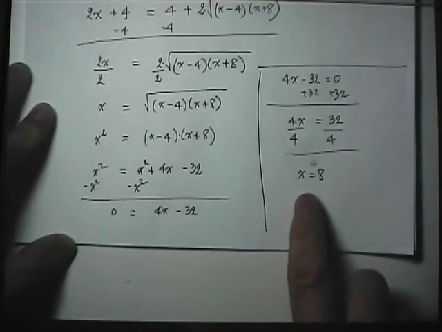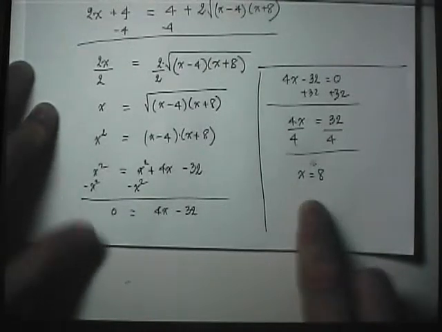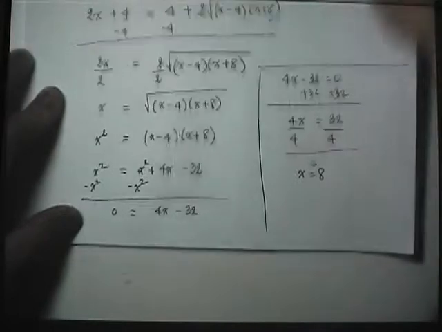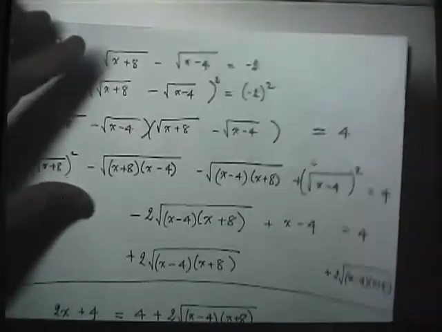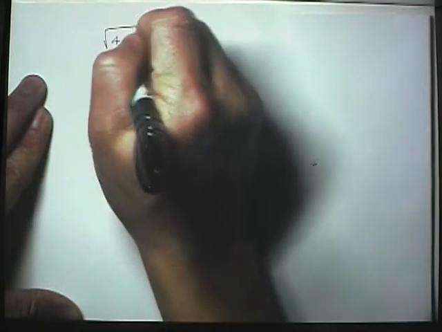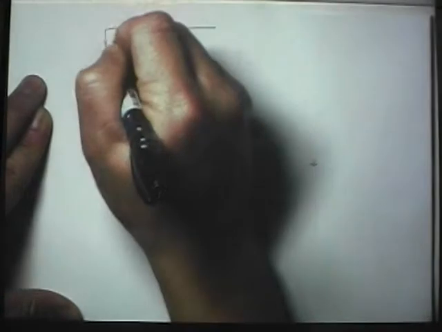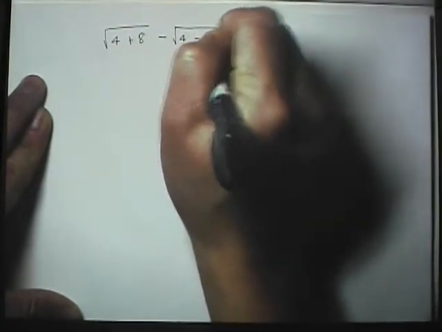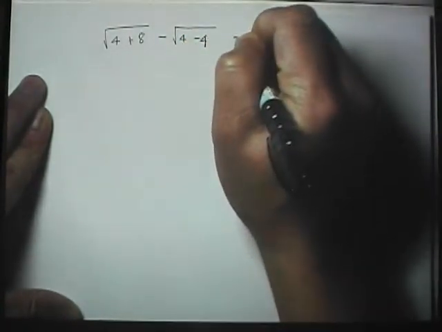Do not circle your answer yet. You need to check your final answer to see if it works. So now, how do I check? Let's go back all the way to the beginning. And I'm running out of paper here, so let's go back all the way to the beginning. Keep in mind, your found answer was an 8. You're going to go back to the beginning and plug that into the beginning equation. So the left side is the square root of 4 plus 8, minus the square root of 8 minus 4. And let's see if it all equals to,